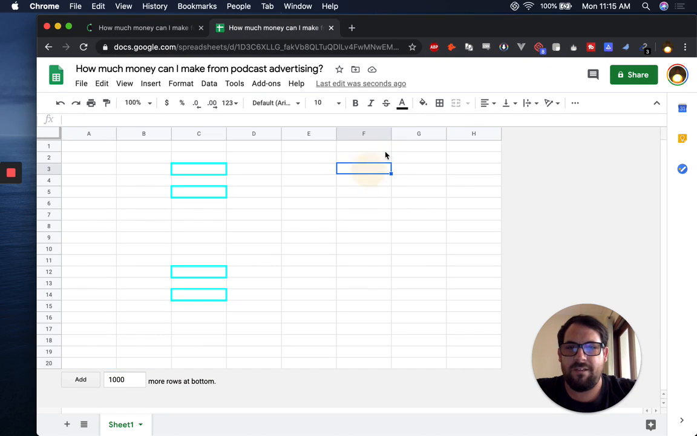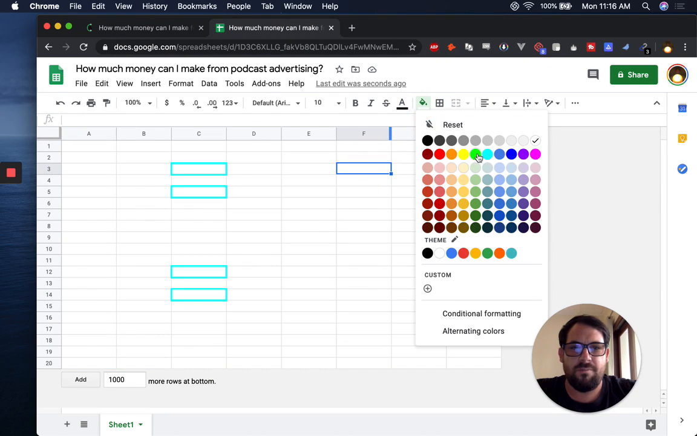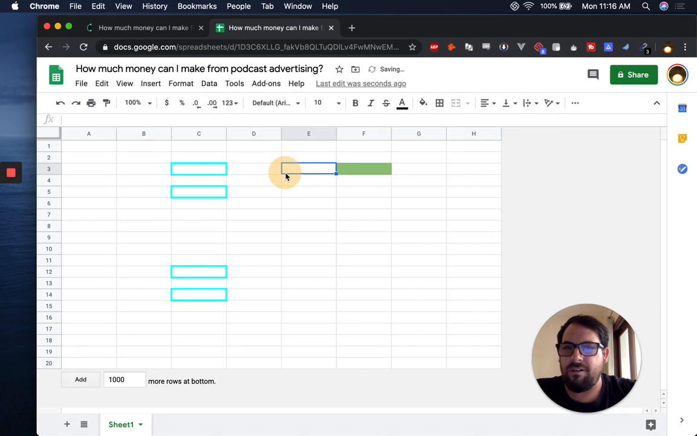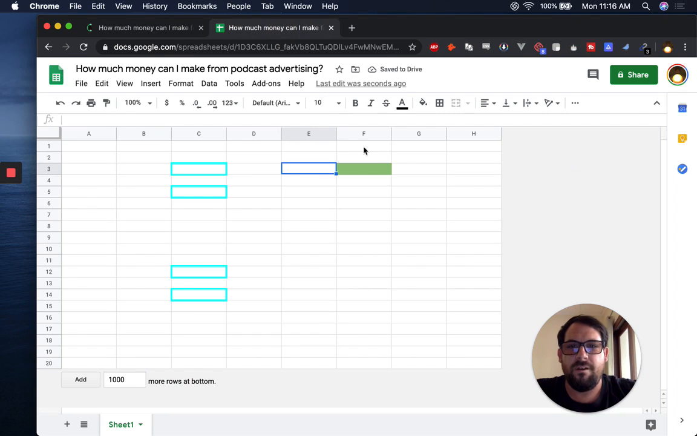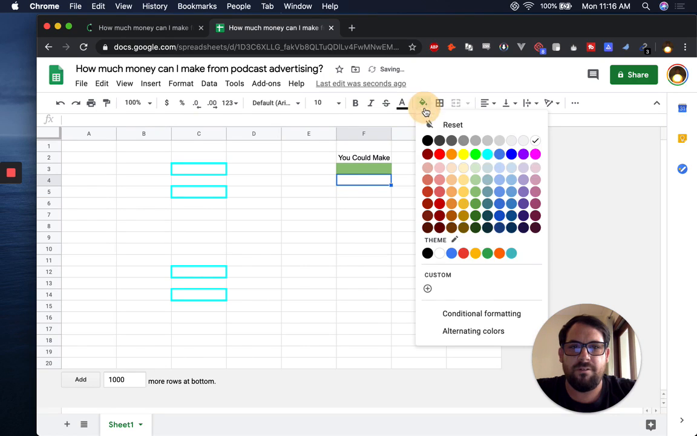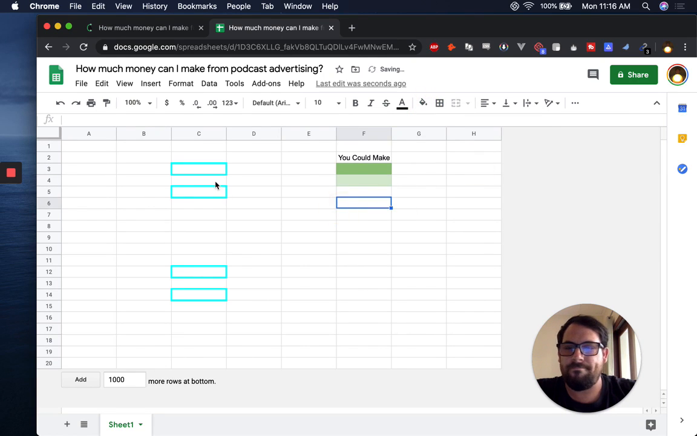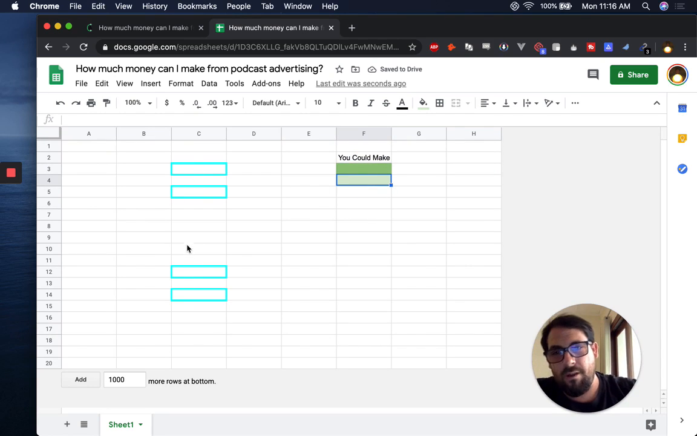We want the answer. Let's put the answer over here. Let's put it in green. We'll figure that out later. So let's label it you could make. Oh, and it's actually 2. So you could make, and let's put in there. Okay, so we have 2 answers here we need to get, and we have 4 inputs, and then we need